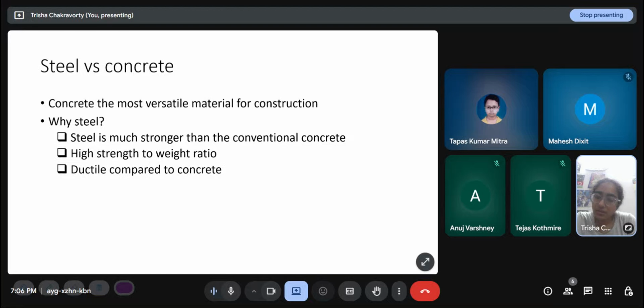Steel is also ductile compared to concrete, so the area under the stress strain curve is very large in steel. Concrete generally undergoes brittle failure. So the stress strain curve initially increases steeply with the Young's modulus as the slope. Then once the yield stress is crossed, concrete fails. The ultimate stress comes almost immediately afterwards. So if a concrete material fails, it fails immediately without any warning.